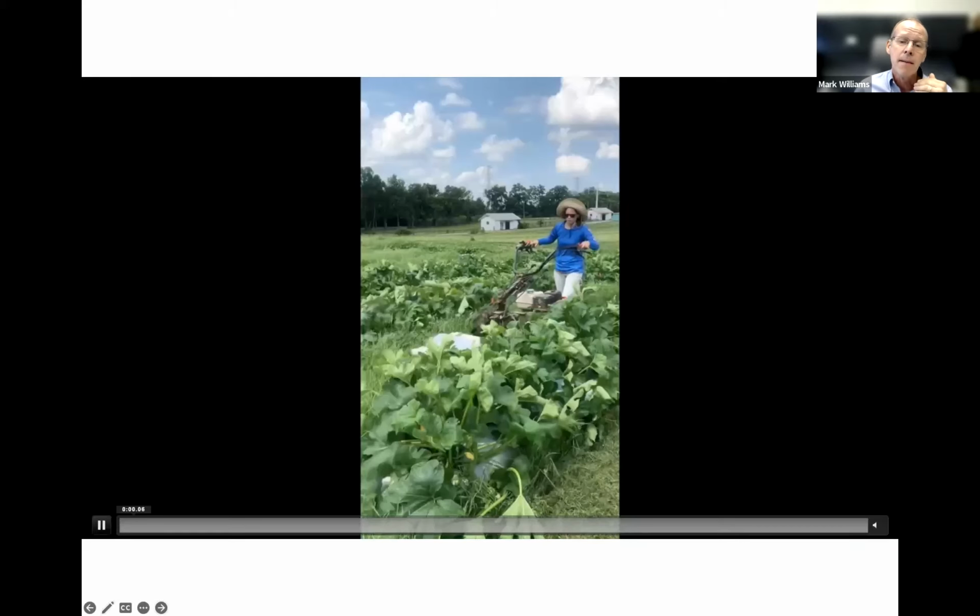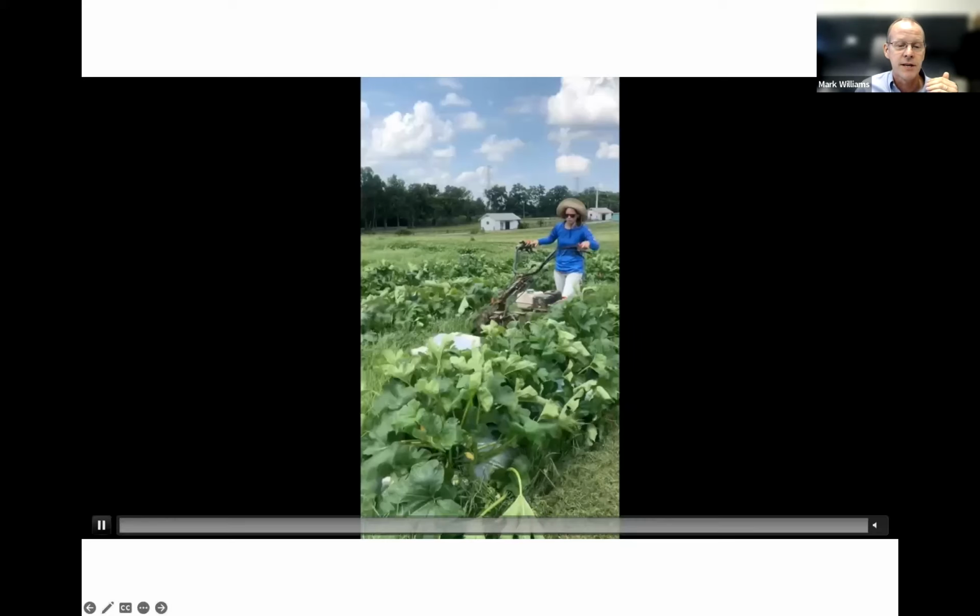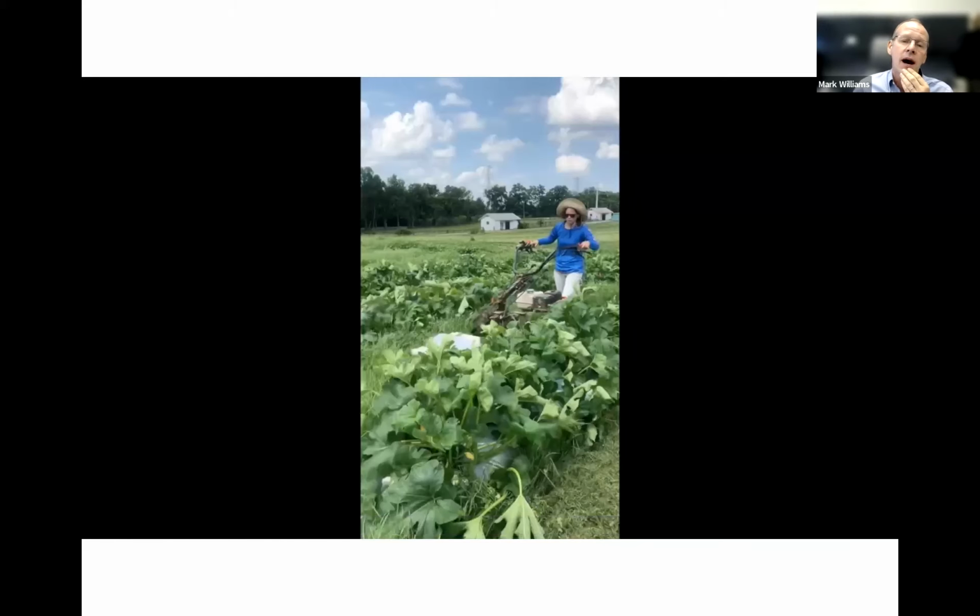But what we use is a BCS walk behind tractor that we flip the handles around, walk behind it, and then we put a flail mower. This is a Berta Italian flail mower on the front. And you'll see Katie, the graduate student, Katie Fisk, mowing the teff in between the squash. This is probably like the last mowing we'll do, maybe 1 or 2 mowings per year, depending. And she actually goes under